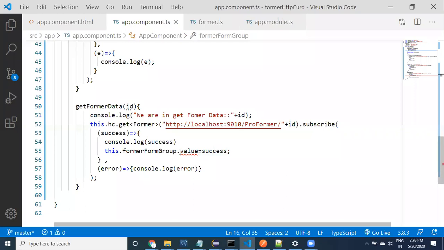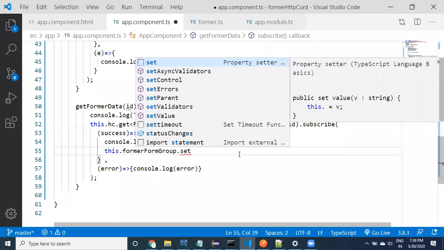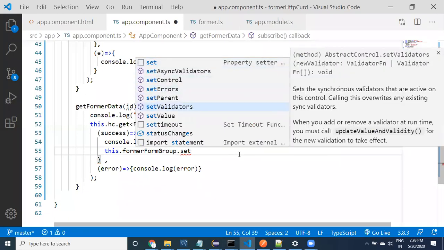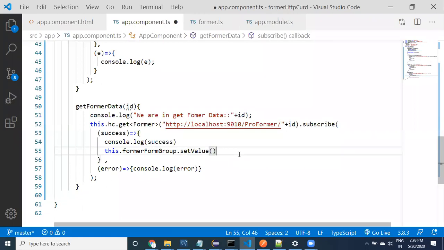What I need to do is, while setting the data, I should not say value equal to something. I need to use a method called setValue, and try providing the success data.